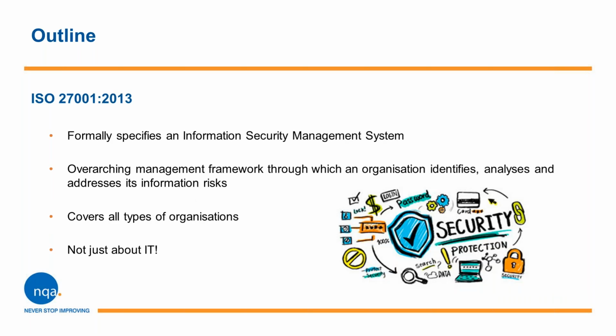So, for those of you new to 27001, a little bit of an introduction to the standard. Now, 27001 formally specifies an Information Security Management System, or ISMS. Now, this is a suite of activities concerning the management of information risks called Information Security Risks in the standard. Now, the ISMS is an overarching management framework through which the organisation identifies, analyses and addresses its information risks. The ISMS ensures that the security arrangements are fine-tuned to keep pace with changes to the security threats, the vulnerabilities and business impacts, which are an important aspect in such a dynamic field and a key advantage of 27001's flexible